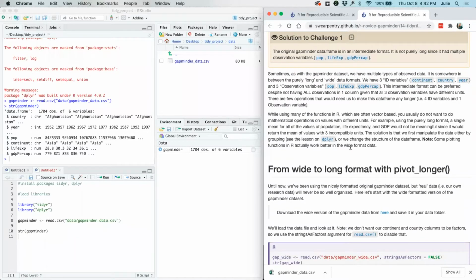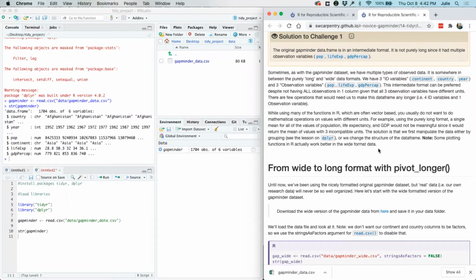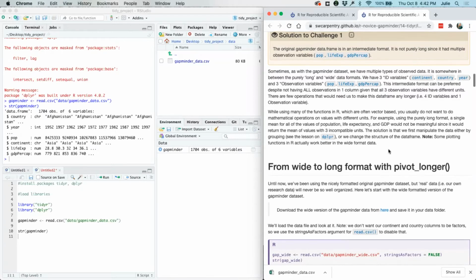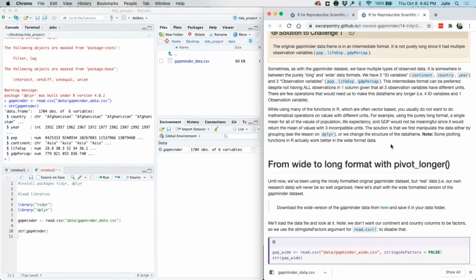While using many of the functions in R, you usually do not want to do mathematical operations on values with different units. So using the purely long format, a single mean for all of the values of population, life expectancy, and GDP would not be meaningful, since it would return the mean of 3 values with 3 incompatible units.